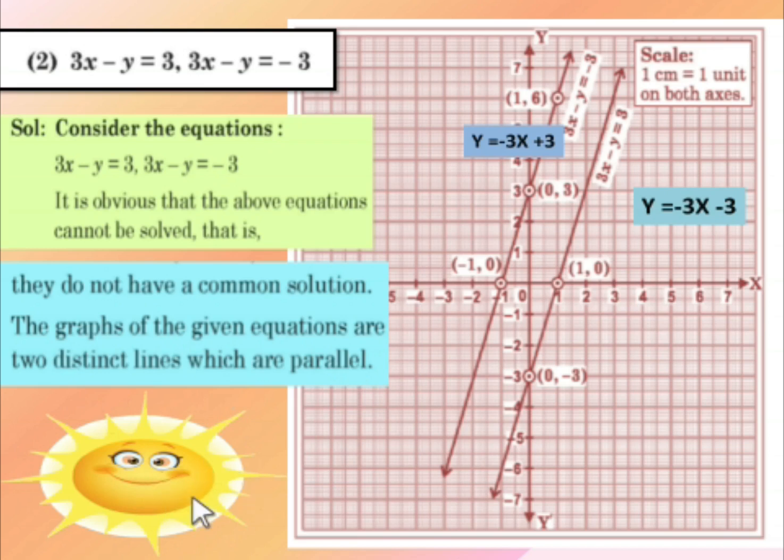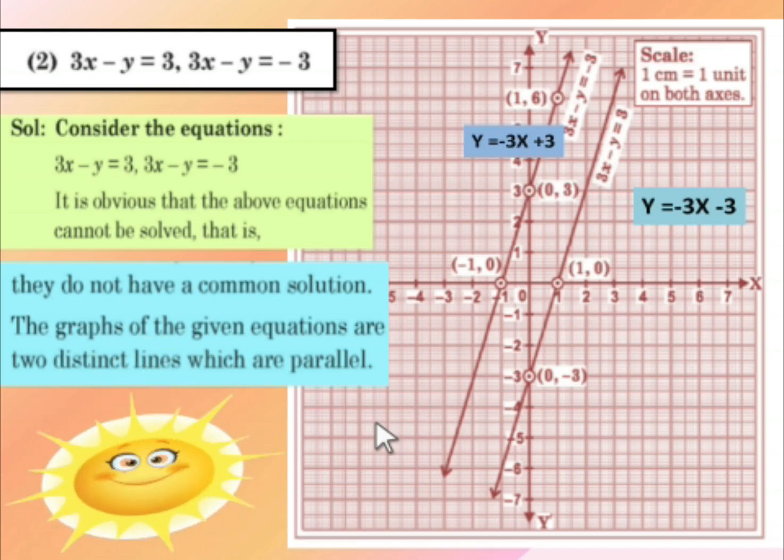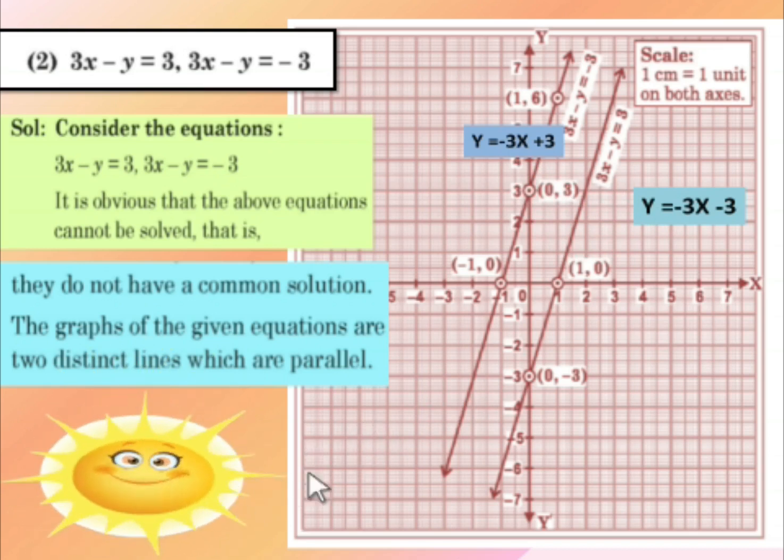You can do this very easily if you put it in this format again. See this. This is minus 3, minus 3. Brighter side of mathematics. See the maths. Do the maths in one step. Immediately after putting it here, without even drawing, I know, yes, these two lines are parallel because the slope is the same, right? So you have to be seeing 360-degree round when you try to solve the numerical. Don't just solve the numerical. Understand the numerical.